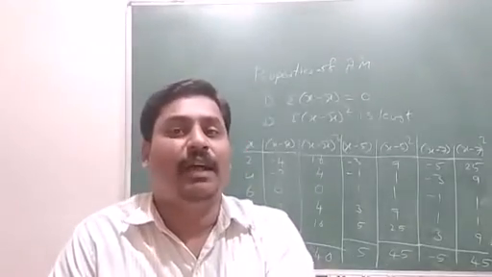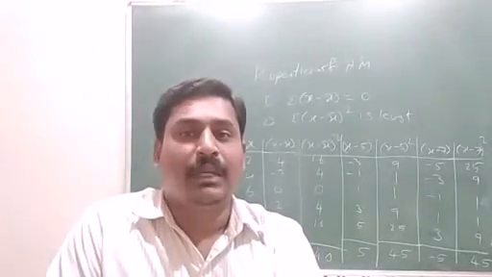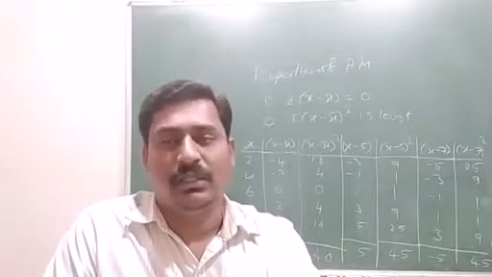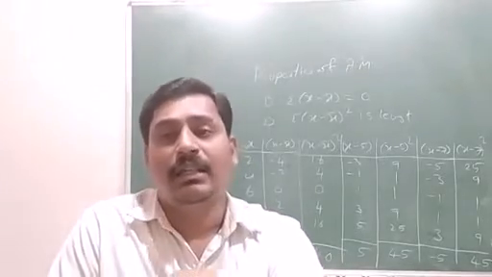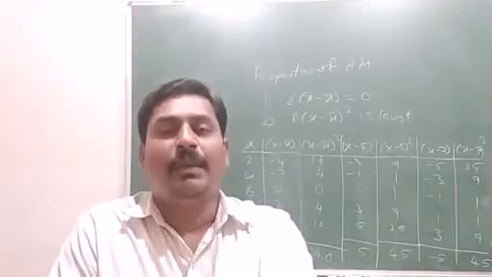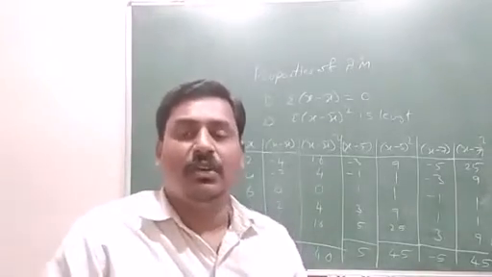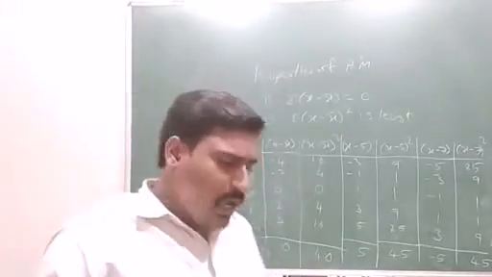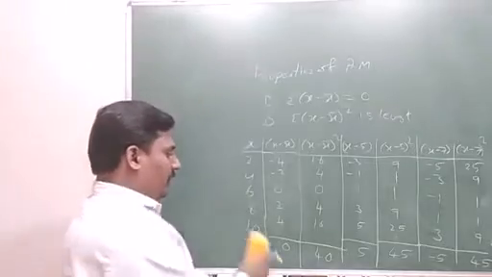If you take any other value than its arithmetic mean, the sum of deviations from any constant is not 0, and the sum of squares of deviations of observations from any other constant value is not the least. Okay, and the third property